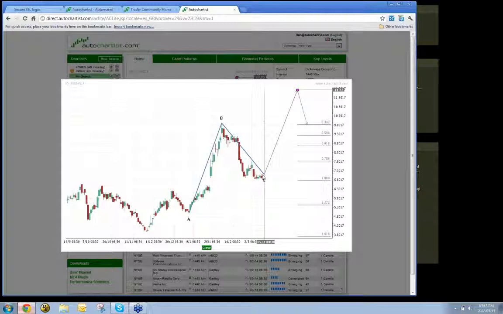Okay, so this has identified a Fibonacci pattern that is not yet completed, right? So emerging, back to the concept of completed and emerging. This is an emerging Fibonacci pattern. So Autochartist is not saying to you go long because we think it's going to hit this mark. It's saying if it hits this mark and there's a turnaround, potentially it could go back down to these Fibonacci